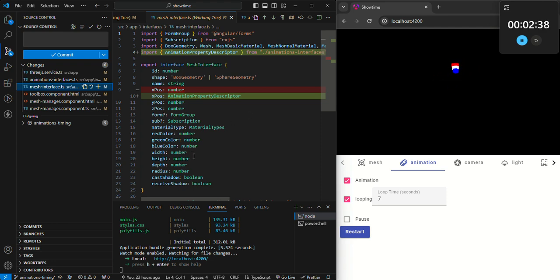All the colors will probably end up being animation property descriptors. The blue, the height, the depth, the radius. I don't think cast shadows. It could, but I don't think cast shadows will receive shadows. But maybe you get to a certain point and then it starts casting the shadows, or receiving the shadows. But anyways,